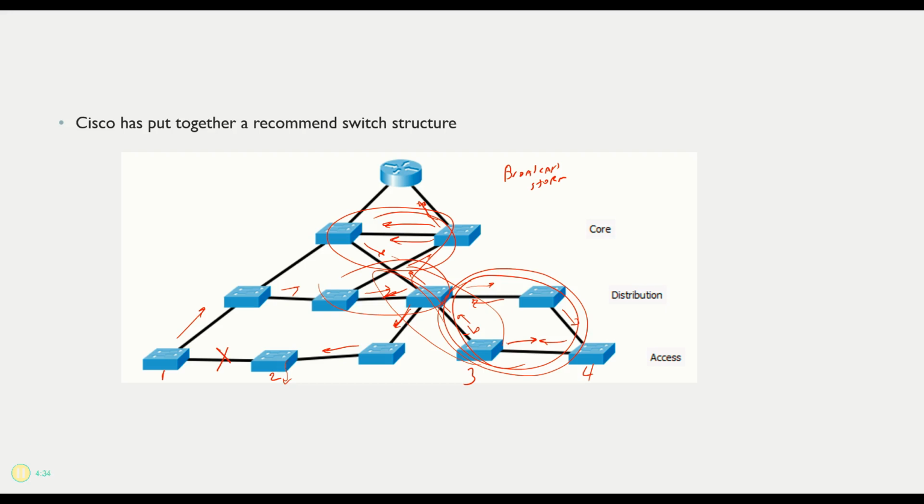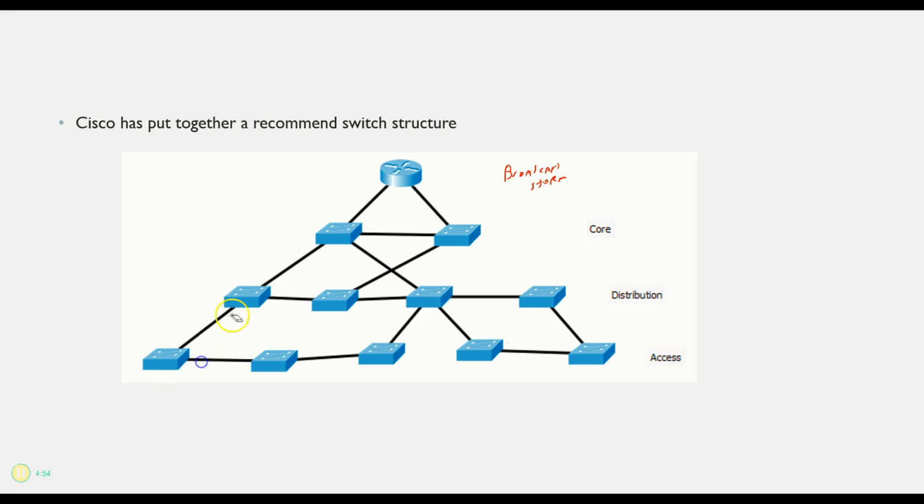So we have to have a way to get around that. So how do we do that? Well, let me go over here and use the eraser and erase some of these lines here for a moment and talk about what I would do to prevent this problem of these loops, and thus prevent the problem of broadcast storms, because we don't like broadcast storms, right?